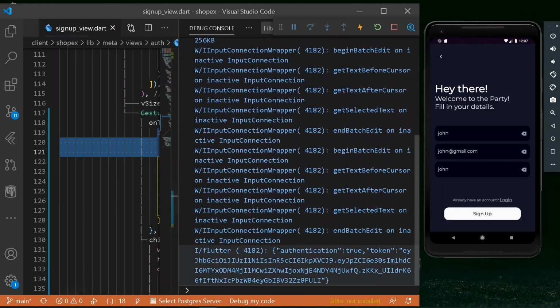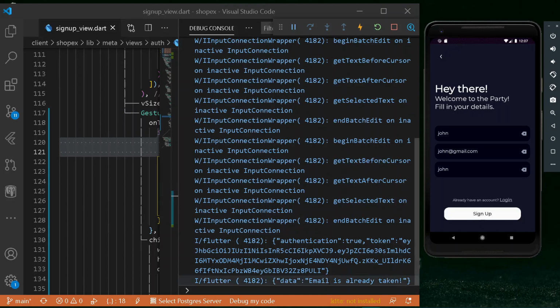And under authentication, we are getting a value to be true. And also we are getting a token of the existing user. So you know what, if I try to sign up one more time, I will be getting the following data that the email is already taken. Congratulations, we have done a great job. So now once we have created a new user under our entire database of Postgres, let's try logging in.